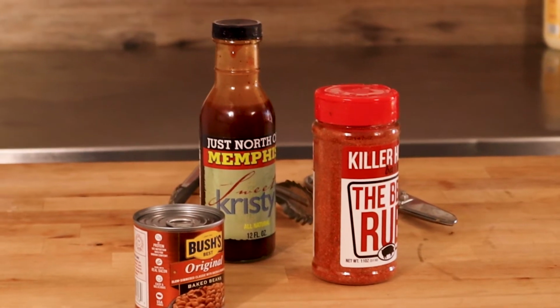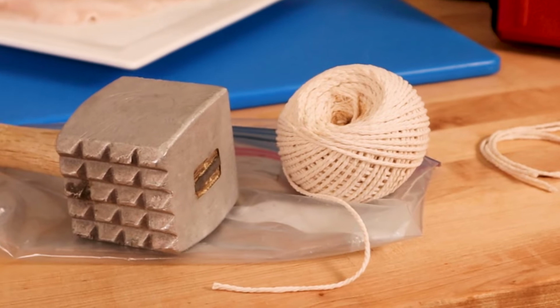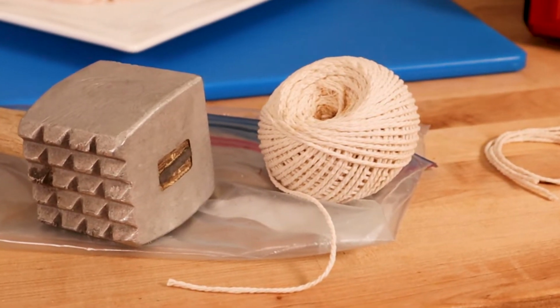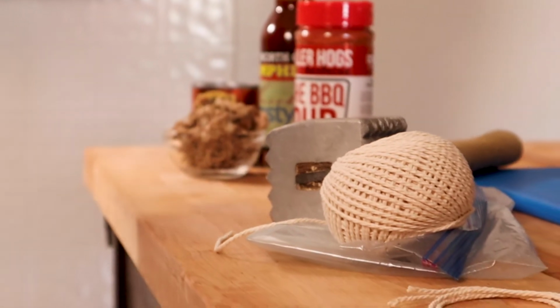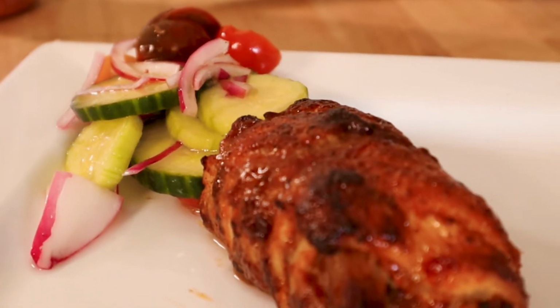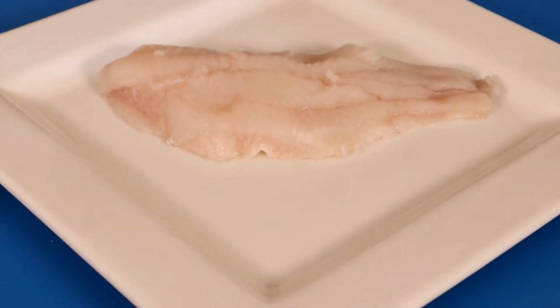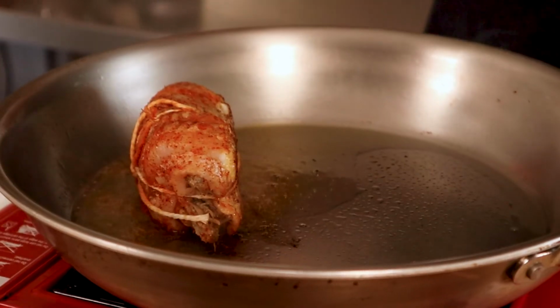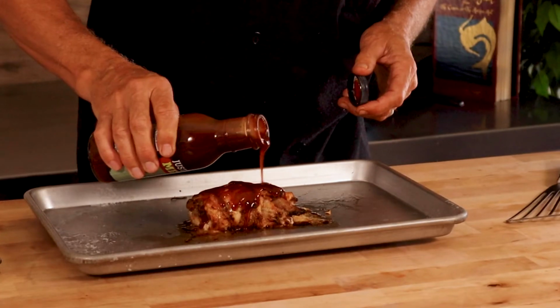I live just outside of Memphis, Tennessee, in northern Mississippi, and there are two things that we really love here in the Mid-South. We love our Memphis-style barbecue. Remember Memphis in May, the world champion barbecue cooking contest. And we really love our catfish, our U.S. pond-raised catfish. So I'm thinking, how can I create a dish that will combine the best of two worlds, barbecue